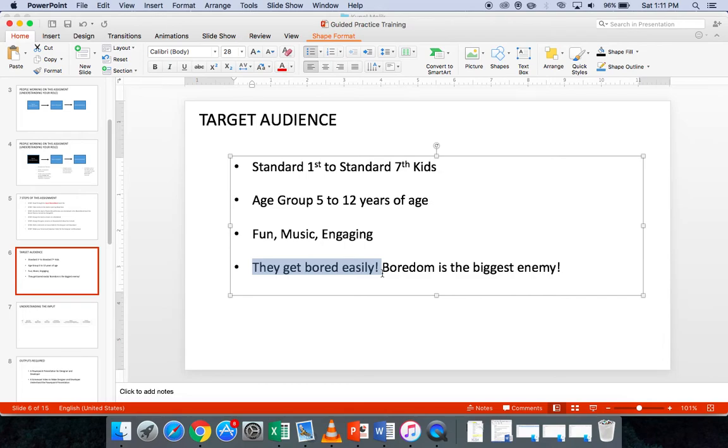So keep in mind these 4 important points when you create these games, and that is something which you should be aware of before you attempt to create these games. So these are the 4 points. Keep in mind